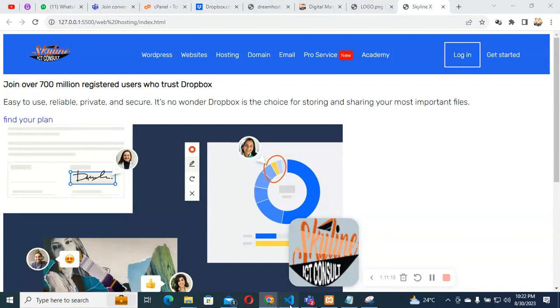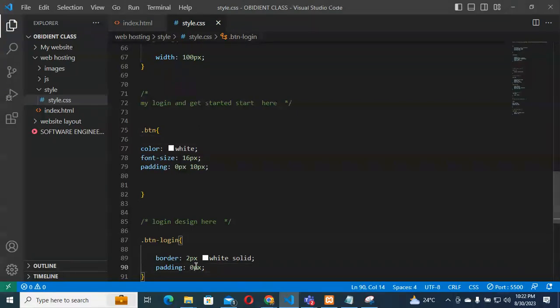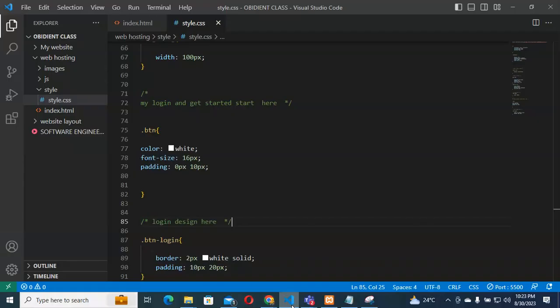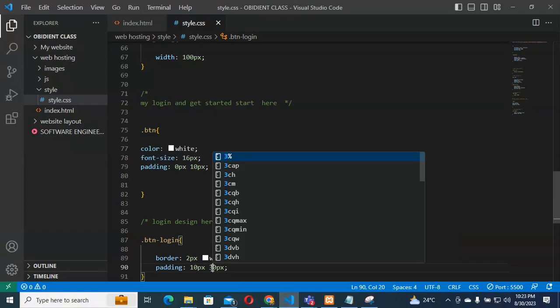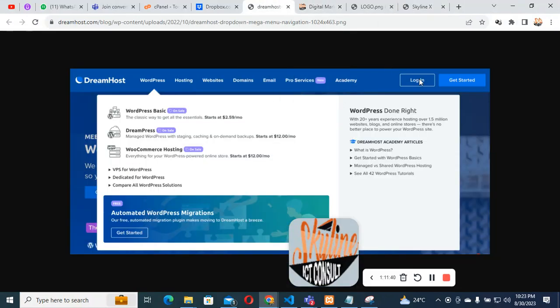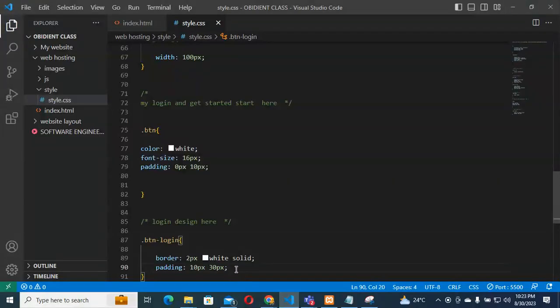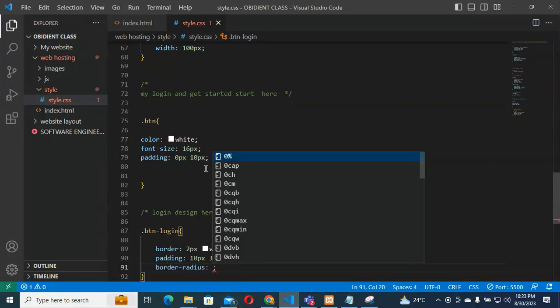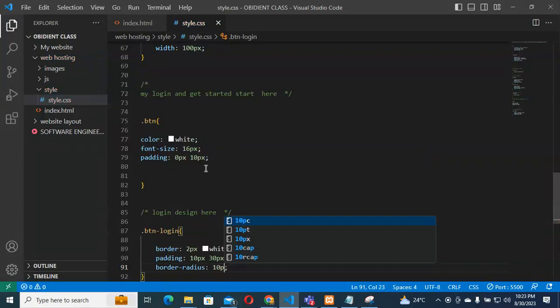So I give top 10 and left and right 20. 30. Okay, that is fine. So let's check what we have here. Border radius. So let me add the border radius. Border radius to like 10 pixel